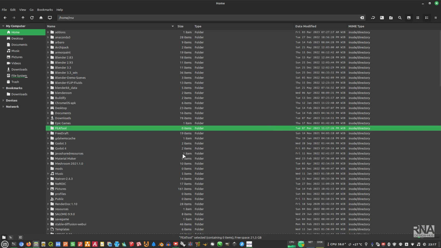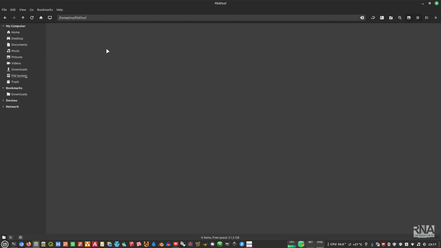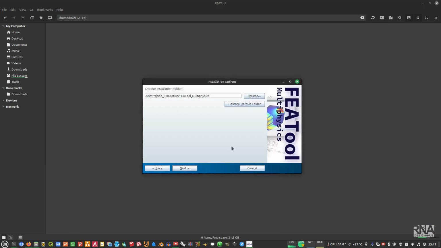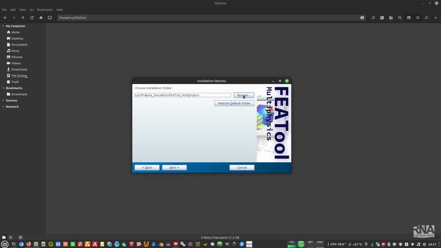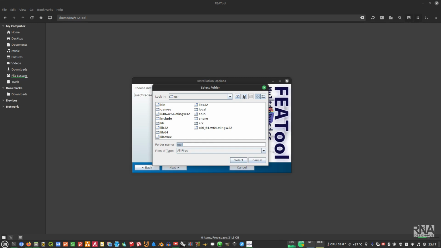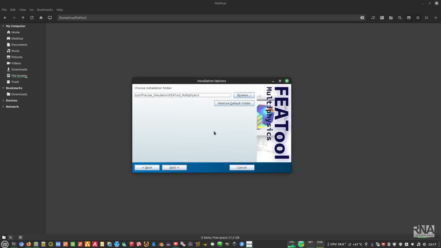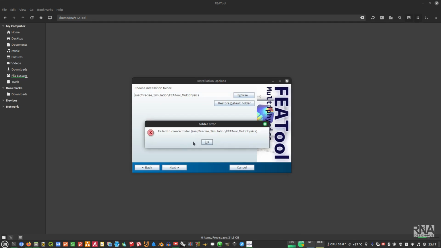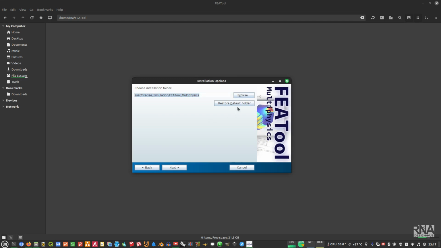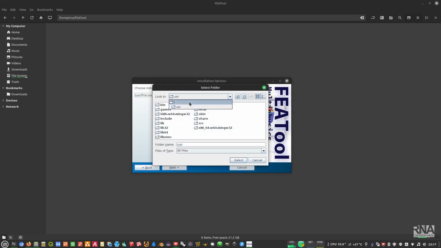Okay, like this. So this is the folder that we will install everything here. Open up this and then click browse. I will show you, if I click next, see, it cannot create the user because of the permission. So what you can do is go to this browse and then open your home folder,